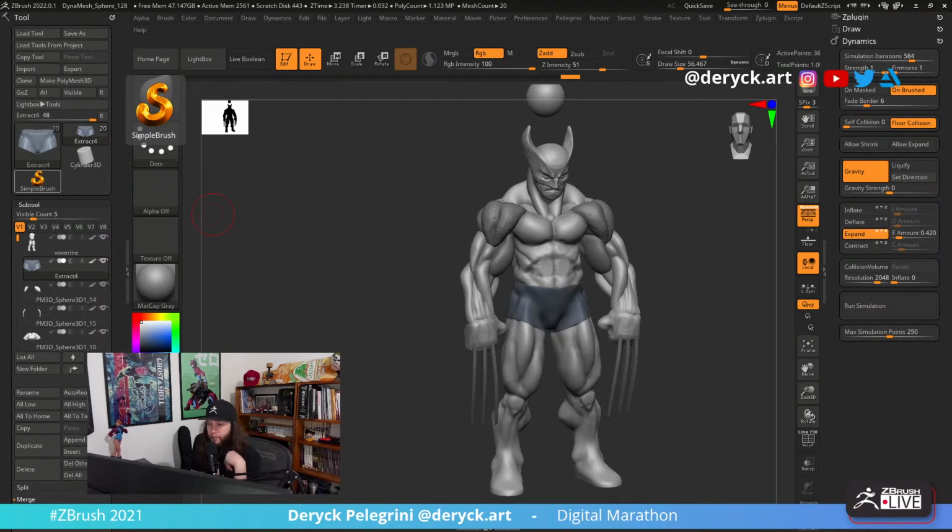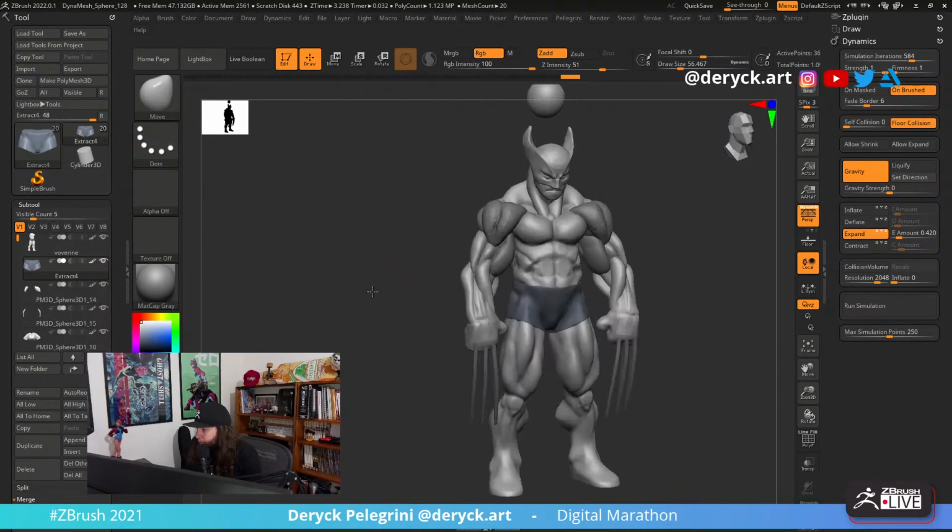A lot of times I have to use those for work. But on my personal work and my personal stuff, I do not use any pre-made base mesh, especially when I'm trying to study. I like to go from a mannequin or from spheres, or whatever. That's what I like to do.